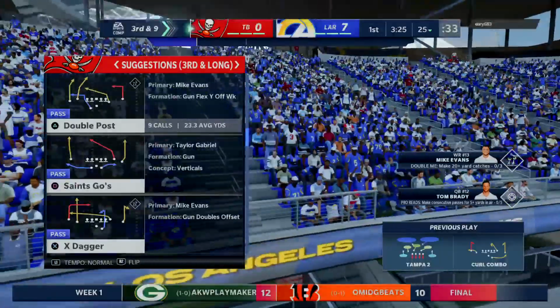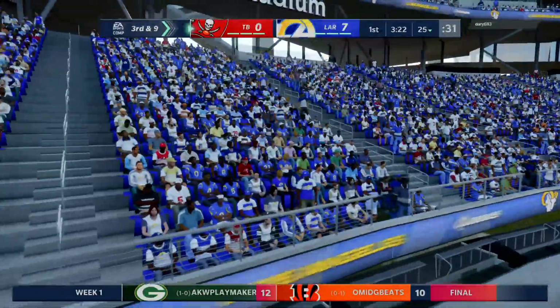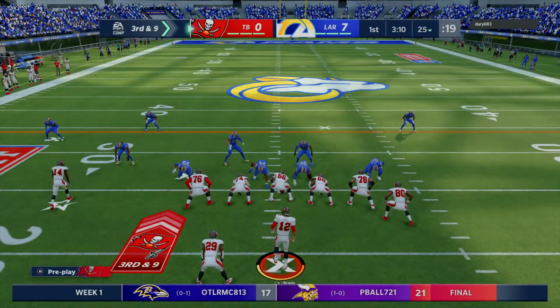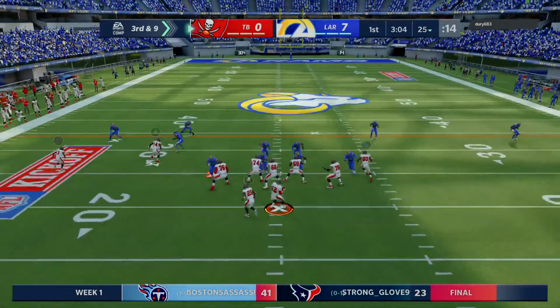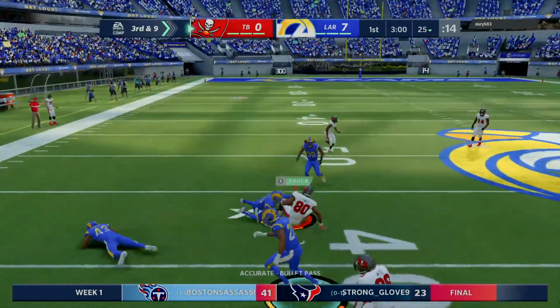We'll see what kind of mindset they have here offensively after giving up the touchdown on the opening drive. And based on our time with them prior to this game, I feel like they've got a good mindset going in. In fact, the discussion that we had with the coaching staff was, we may give up some points in this game, so our offense has to be ready each and every time to either equal or try to get us ahead and try and keep